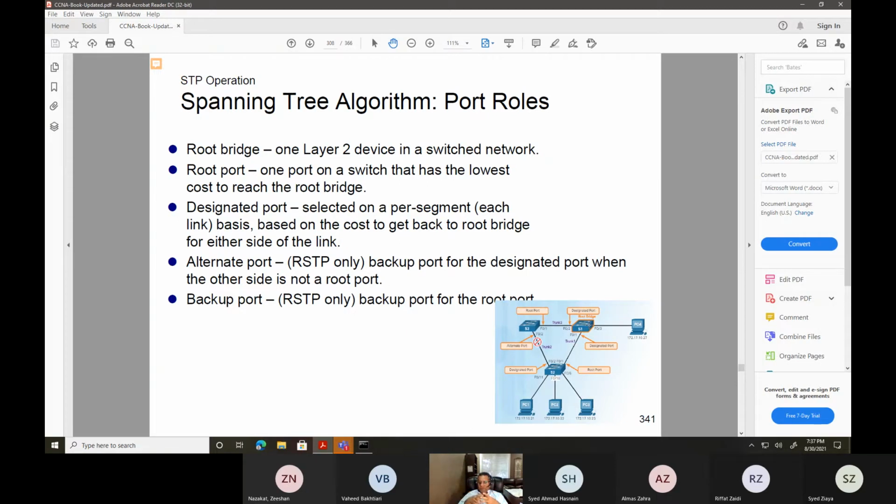In our networks, we select the root bridge. Otherwise, if you don't select it, the spanning tree protocol would automatically select it for you. We select the switch which has less connectivity on it, in order to avoid processor, CPU and memory spikes.